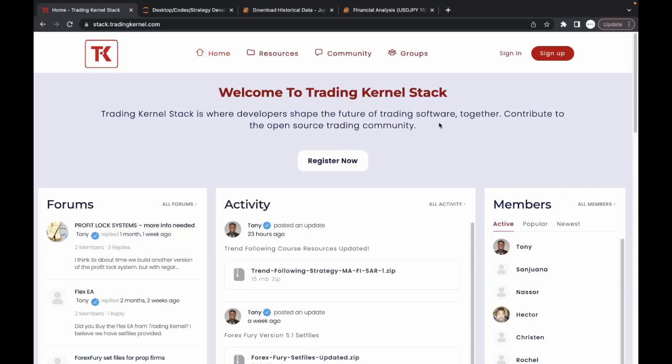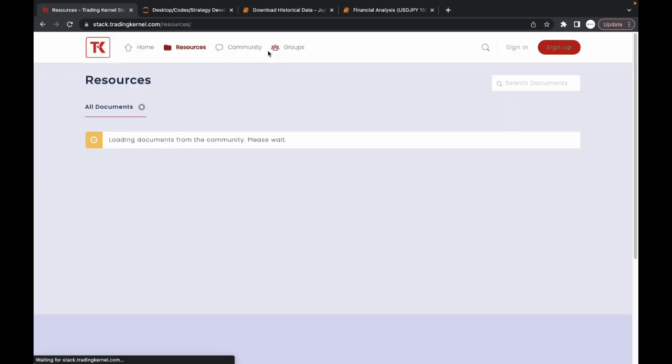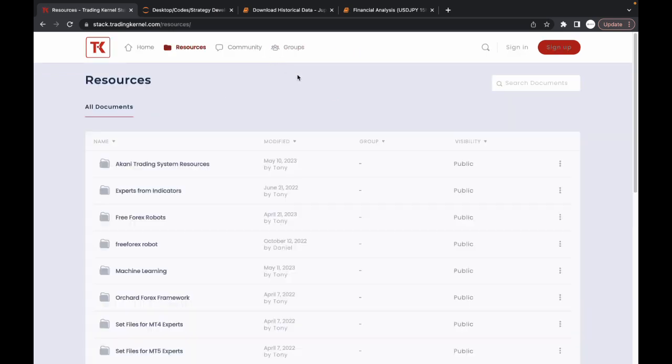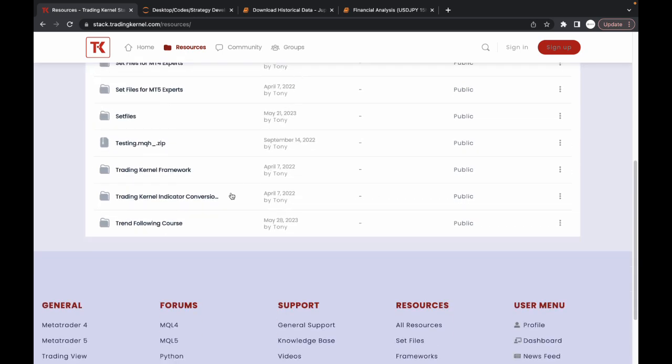Let's look at how you can download the resources for this course. The resources for this course are available on Trading Kernel Stack, which is our trading community, stack.tradingkernel.com. Once you visit this URL, head over to resources, and then scroll down to the trend following course. Click on this,